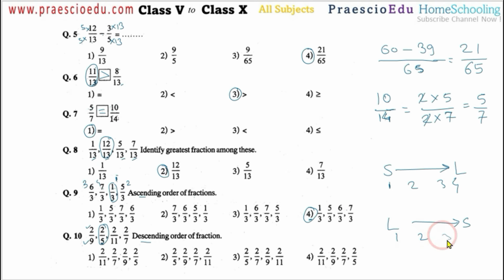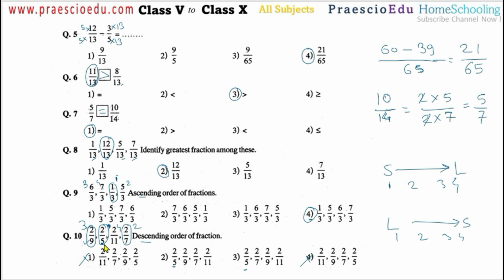Then we have to choose numbers 2, 3 and 4. So this is 1, I am just making the numbering. After this 5 there is a 7, the next greater, so this is number 2. After this 7 comes 9, number 3. And this is number 4. So number 1 means 2 upon 5. 2 upon 5 is given here and here, in options 2 and 3. So these two options are not correct.